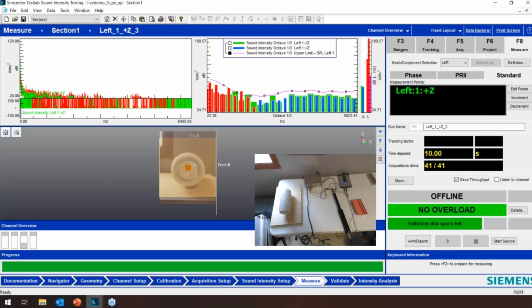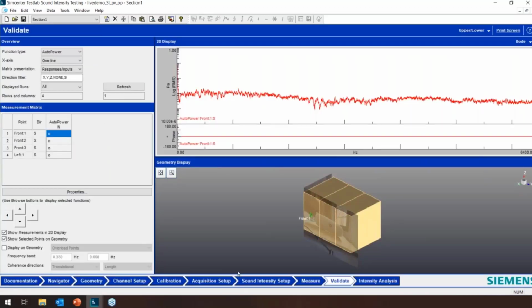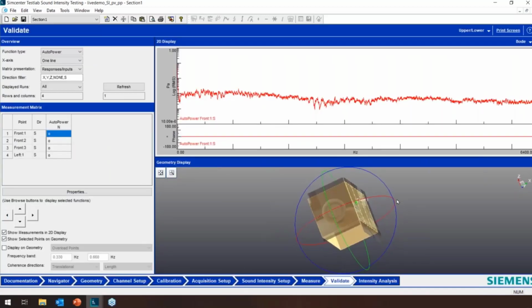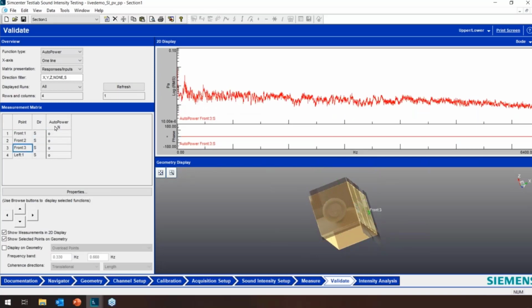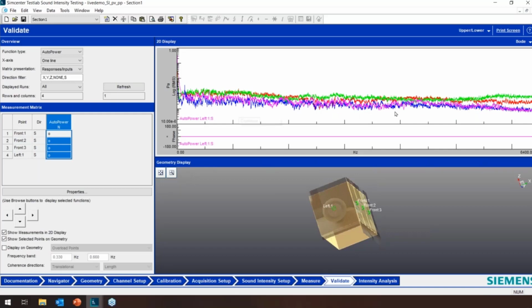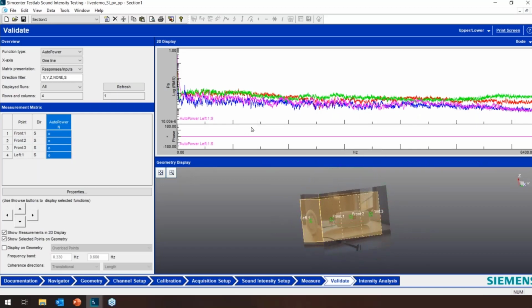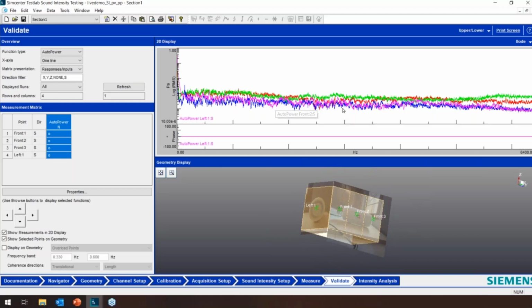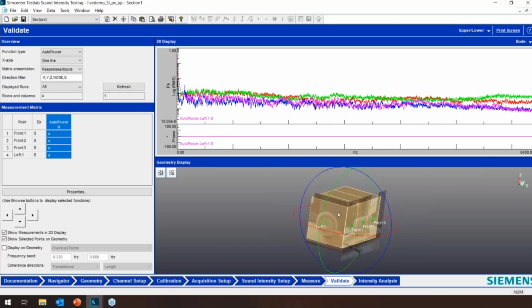Okay. Perfect. So now we can go to validate. This will show us all the measurements we have. Obviously we have lots of surfaces, but it says the only places we've taken measurements are the front 3 nodes and the left. I can highlight all of them here. If this looks kind of flat to you, that's good, because we're playing white noise, so it should look pretty flat. We shouldn't have a lot of peaks in this data. These are just auto powers, FFTs of the data we took at each measurement location. That's exactly what I would expect them to look like. So that's good. You can use validate really quickly to do that.